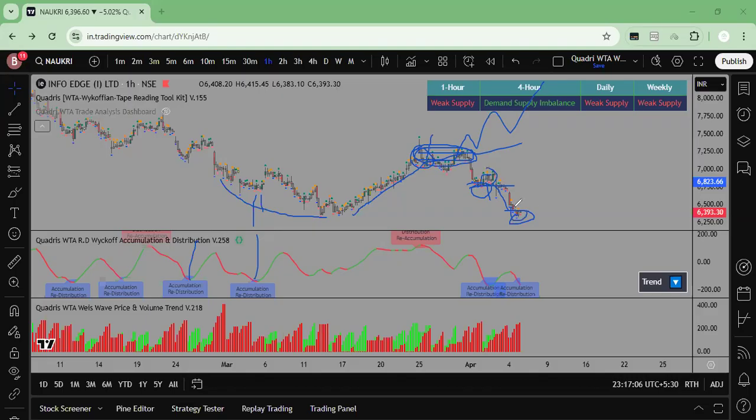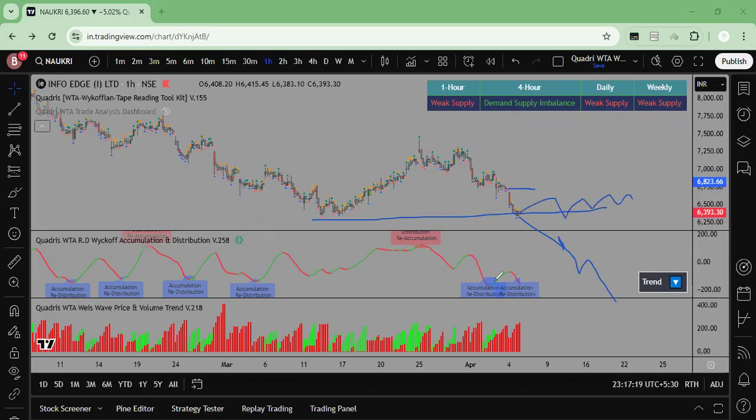And if that is the case over here, then what I'm expecting is that if this particular NAUKRI is going to go downwards, it has to come up to this particular level, or else it will go sideways from this particular point, because buying has already started kicking in. So I'm expecting some sort of correction at this point, give or take the 6,600 or 700 price mark would be the level I would be looking out for. If that is not the case, then instant gratification, that would be price going downwards.